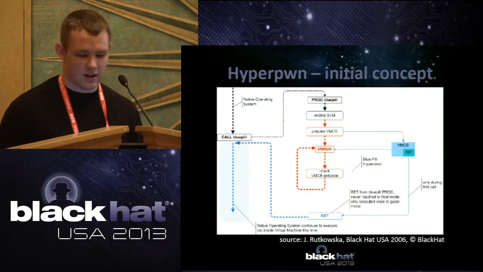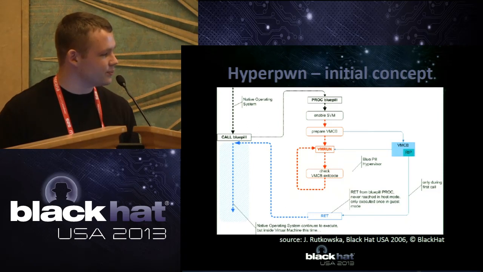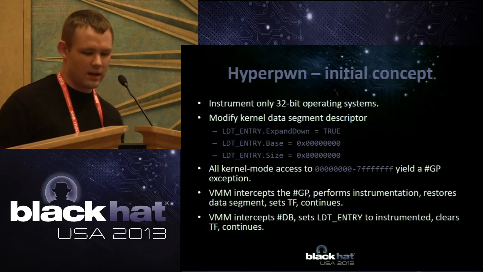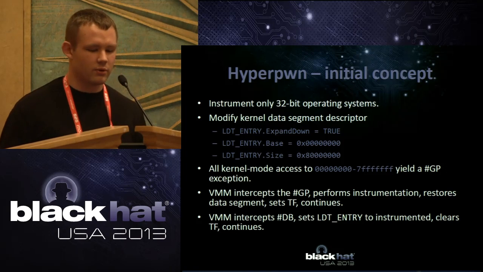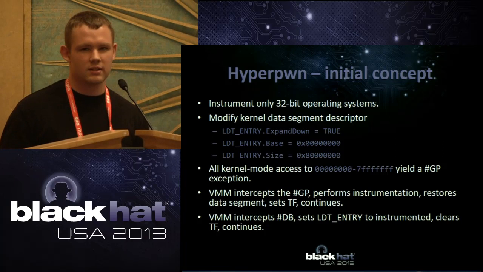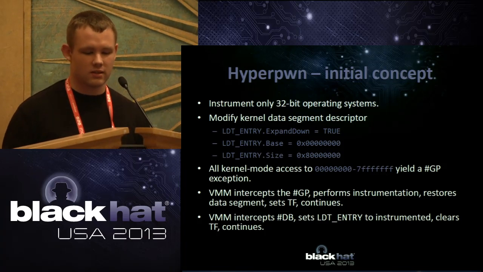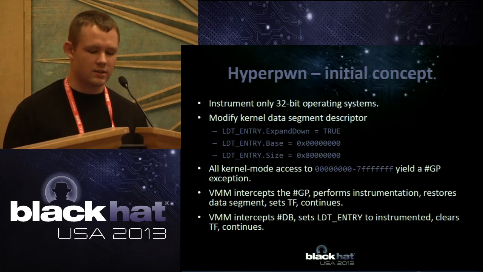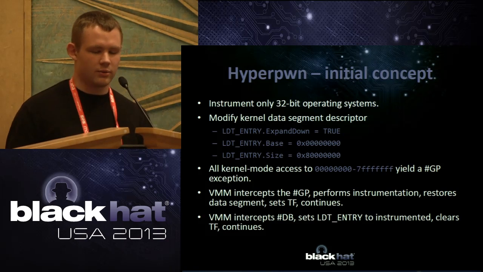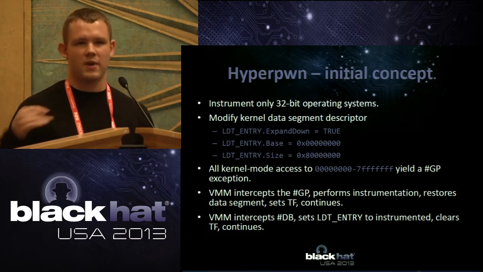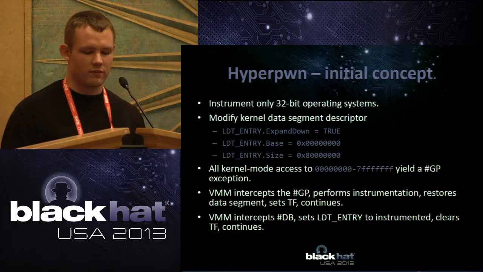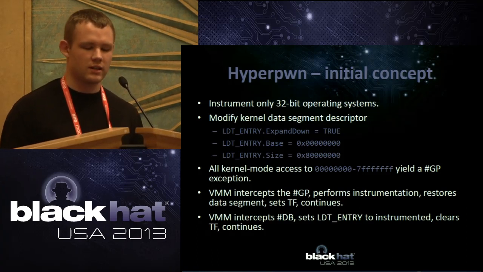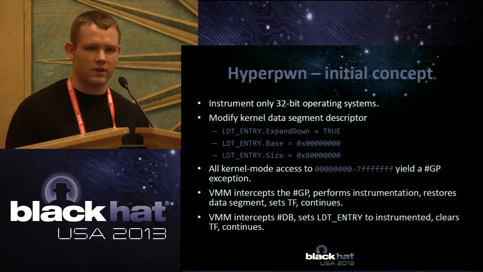As you can see here, this is the detailed design of that, about how we would intercept the memory reads. The basic idea would be to just instrument 32-bit operating systems, which are the same code base as 64-bit, and do some GDT magic to replace the data segment for the kernel, to have it expand down with base 0 and size 8000, which would result in having the same base, so that all of the kernel's memory fetches would still work, but then an exception would be generated for all fetches from user mode